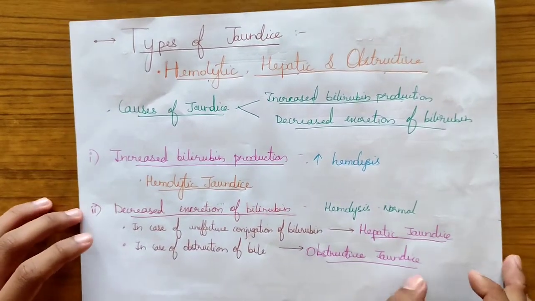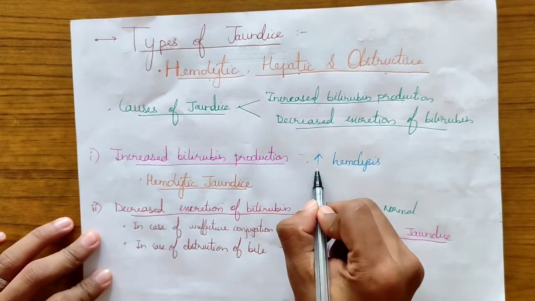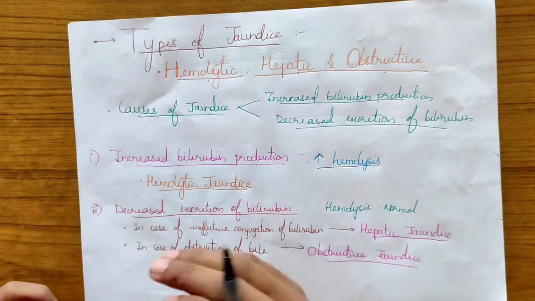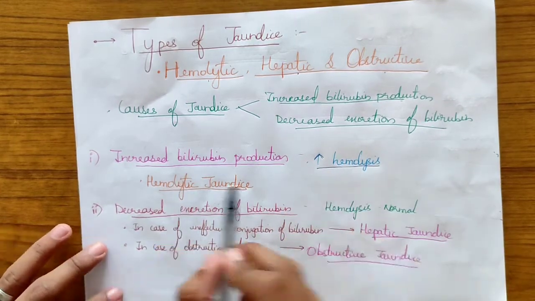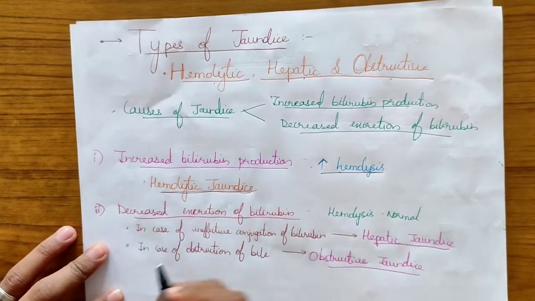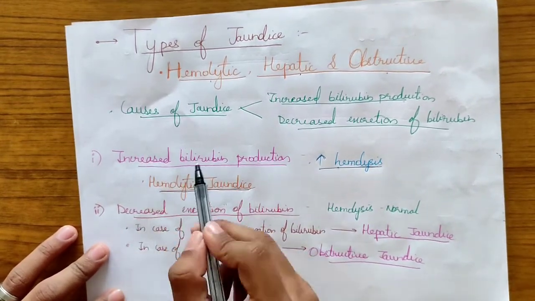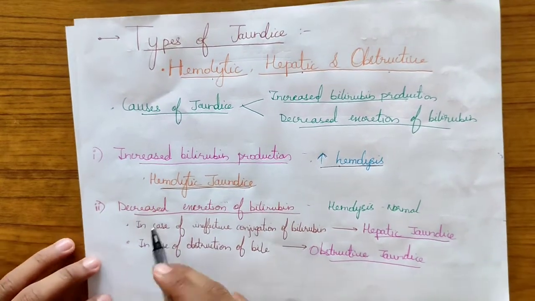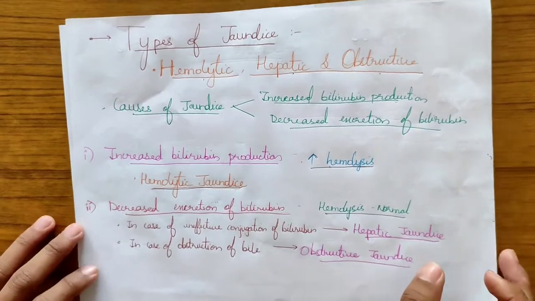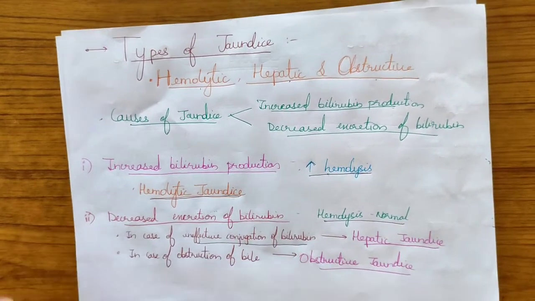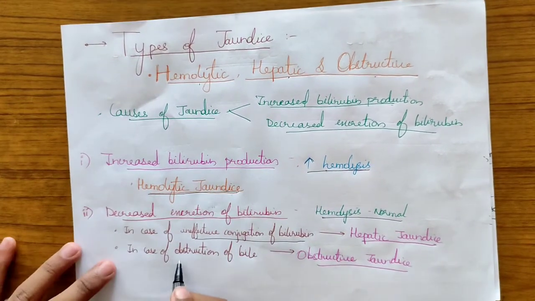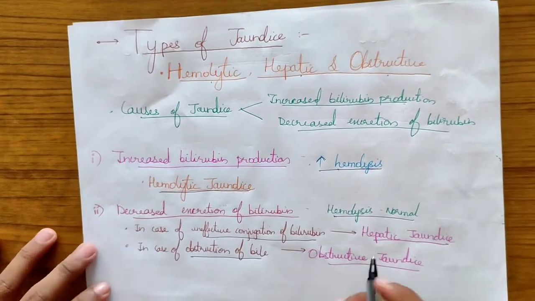In increased bilirubin production, there will be excess or increased hemolysis, due to which more bilirubin is produced. This excess hemolysis is seen in hemolytic jaundice. In decreased excretion of bilirubin, the hemolysis will be normal, but there will be ineffective conjugation of the bilirubin, which is caused by hepatic jaundice, or there is obstruction of the bile, which is due to the obstructive